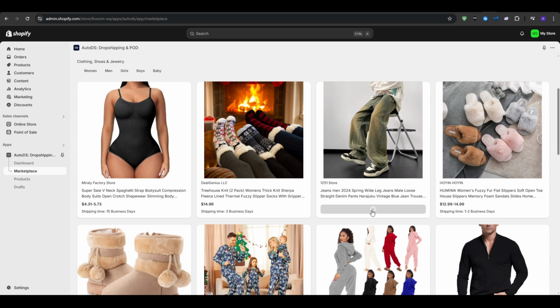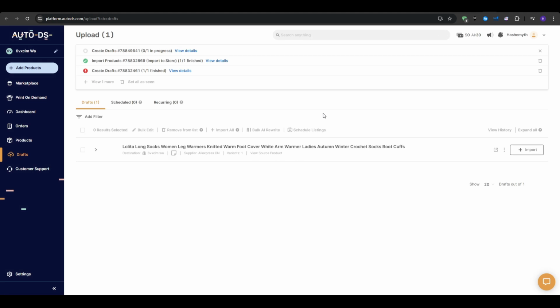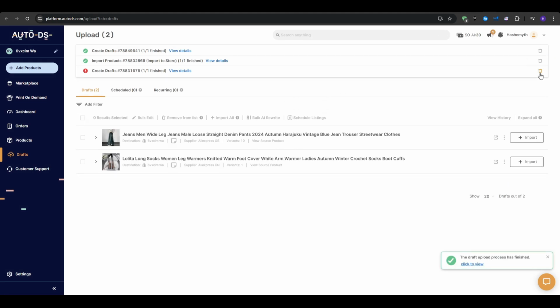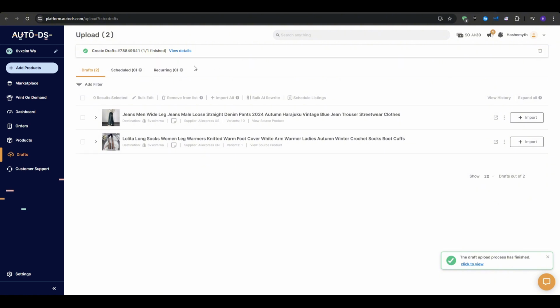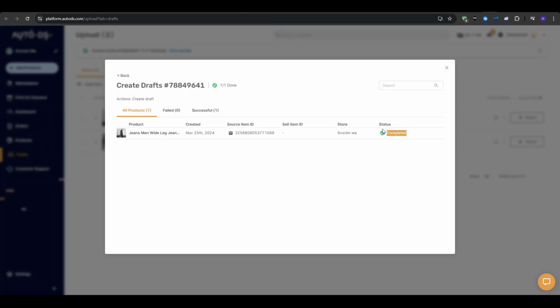import draft. Give it a couple of seconds, and then this option right here should show that says view in drafts. Click on that. Now we are taken to the drafts tab in the AutoDS site. Click on view details and you're going to see the progress that this draft is being imported in. As you can see, if I click on the view details for my draft, it's going to say in the status tab that it's currently in progress. So give it a couple of minutes until it fully imports, and then we're going to make our changes to